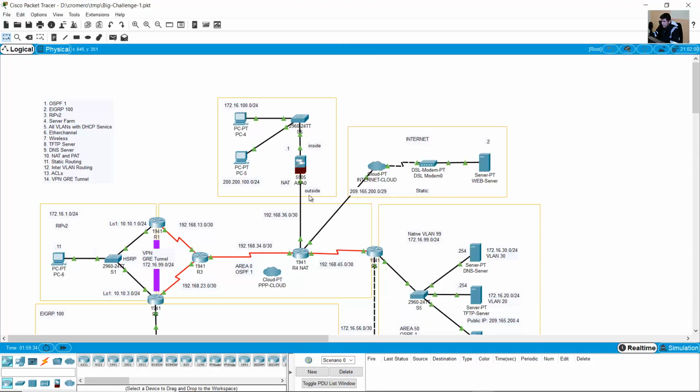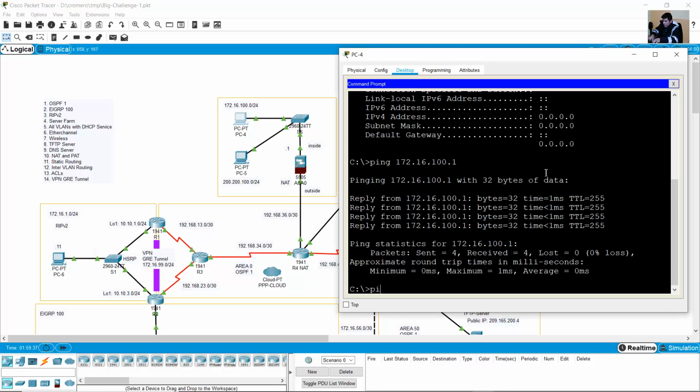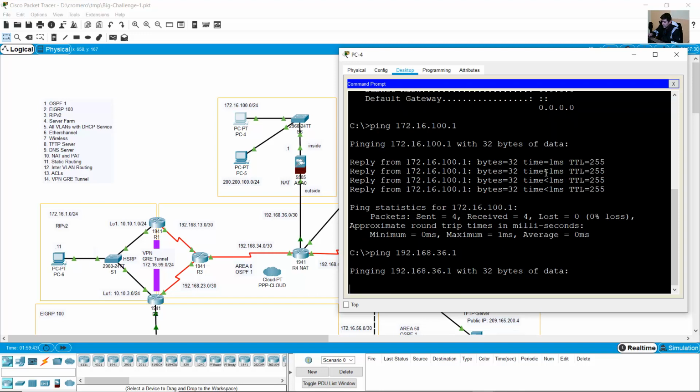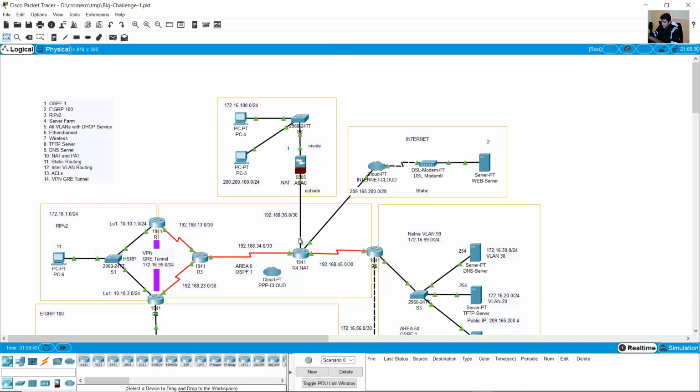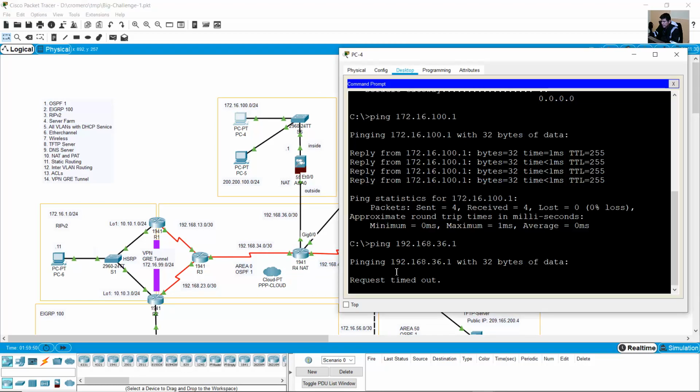And try to ping the IP address on the router, 192.168.36.1, the interface on router R4 NAT. This ping will fail because the firewall